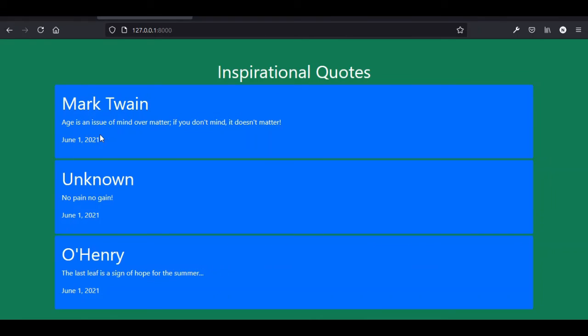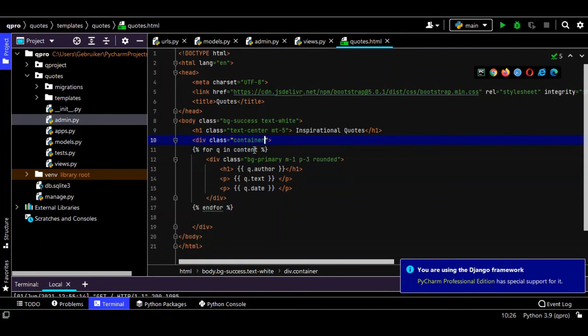Okay, it's much better now, right? So it is a bit rounded, and it's got some distance now. Cool, but still they're in a column, so I want them to be in a row. That's why we need to use Flexbox. How do you use Flexbox in Bootstrap? So we have this container,